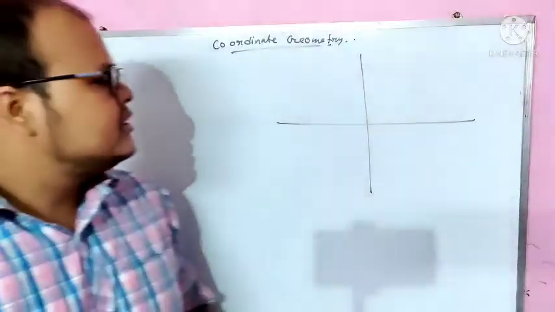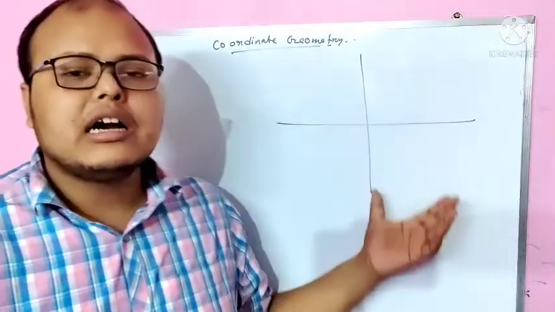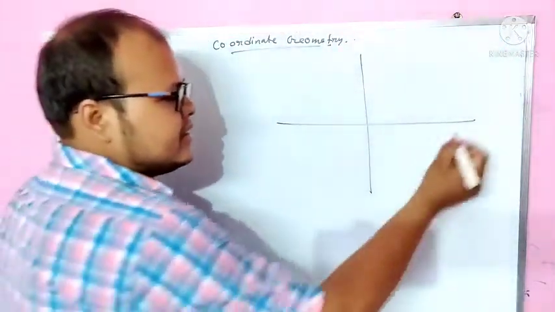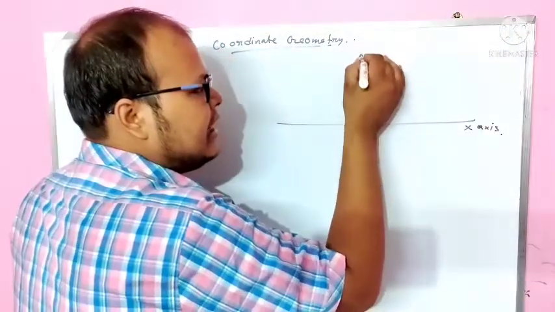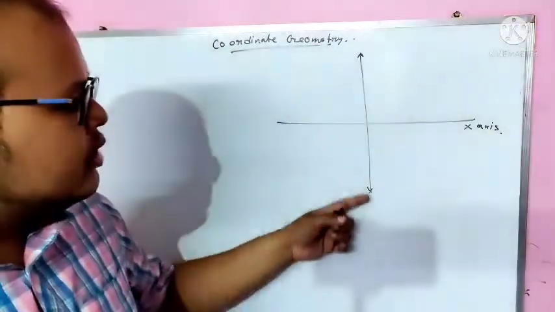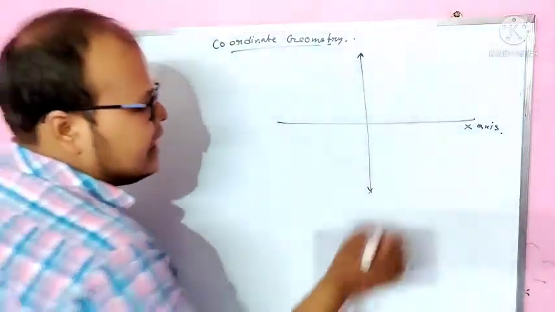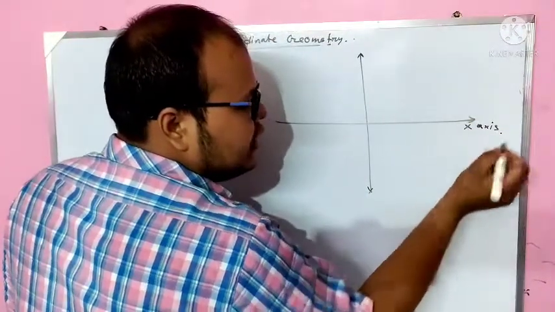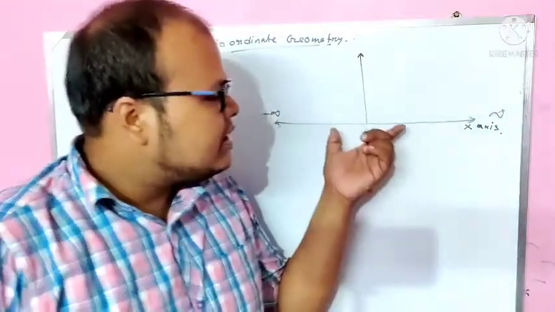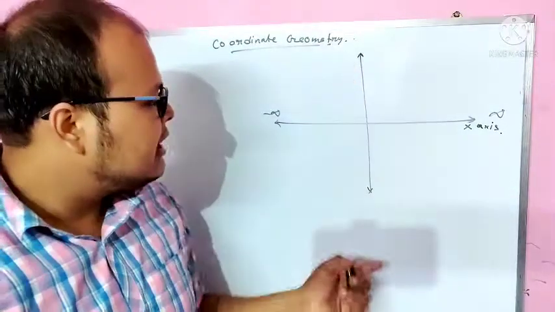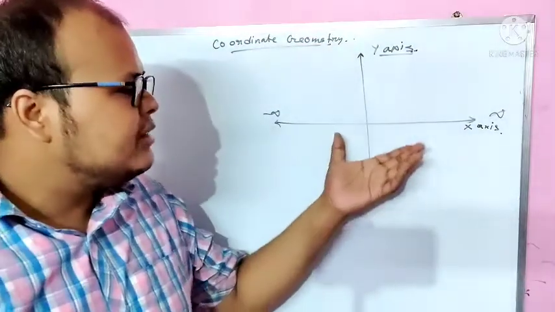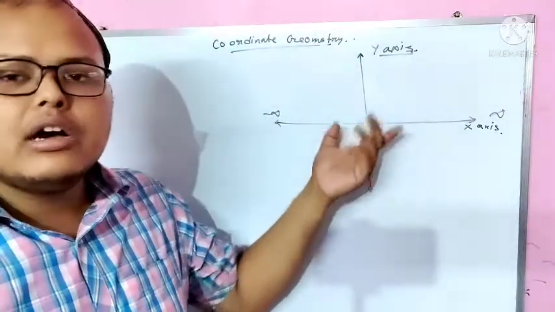Here, this two-dimensional plane is the Cartesian plane, where in the middle this horizontal line is called the x-axis. And this vertical line continues up to infinity on the upper side and goes to minus infinity on the lower side. The horizontal axis also goes to infinity on the right side and to minus infinity on the left side. So this horizontal axis is known as our x-axis, and this vertical line is known as our y-axis. This plane generated by these two axes is called the Cartesian plane.